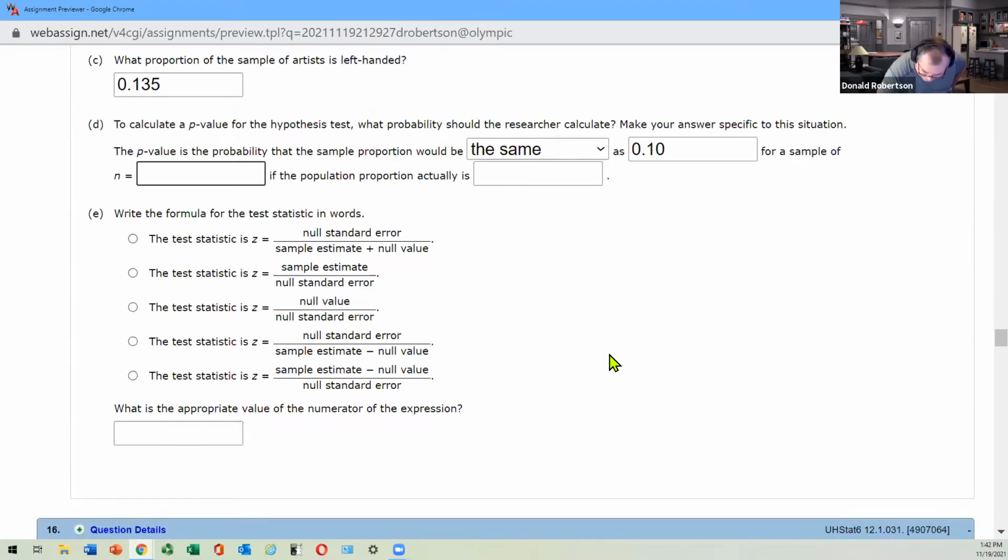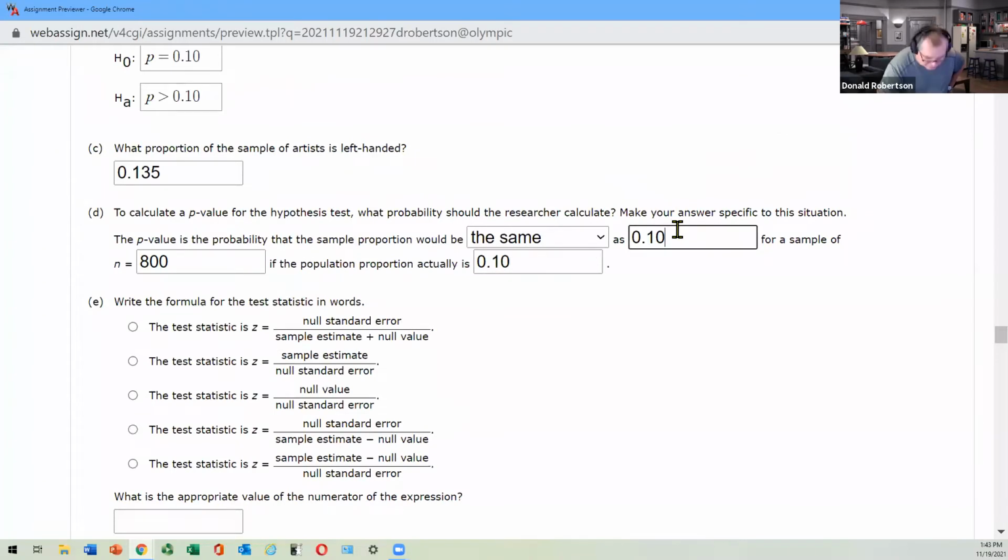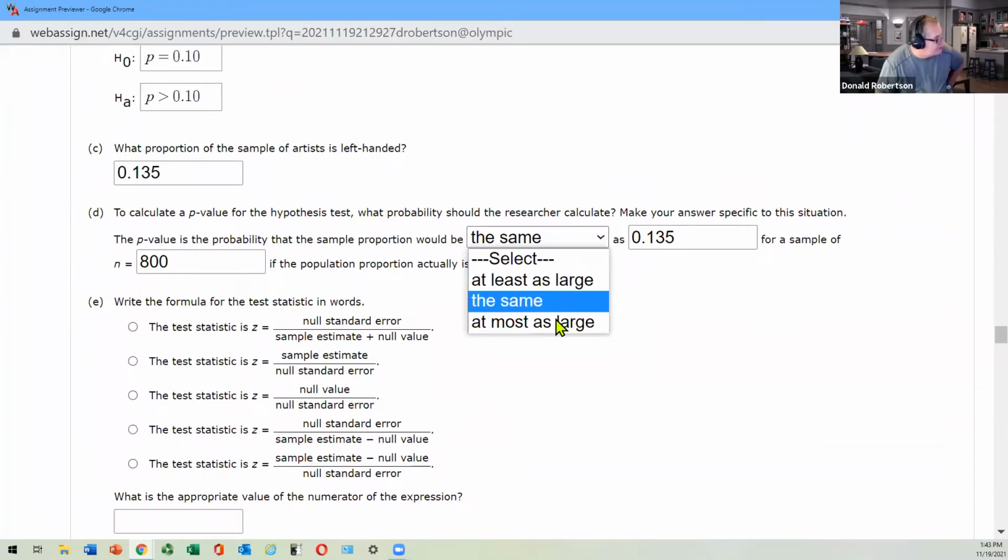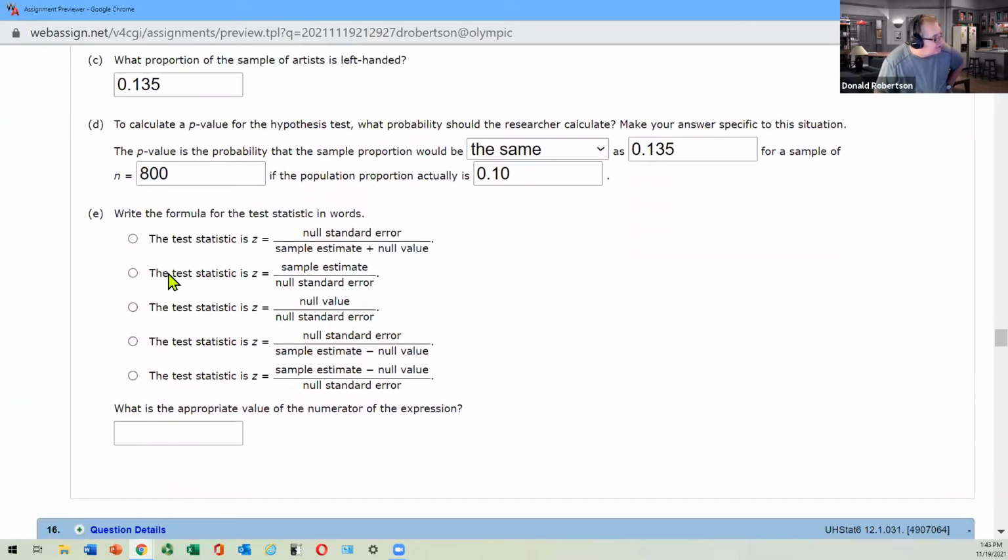I'm trying to find all the numbers. If the population was actually 0.10, and now I've seen that, I know that this one is the other number. And there are some choices here. It could be at least, at most, but I'm going for same. One of these guys